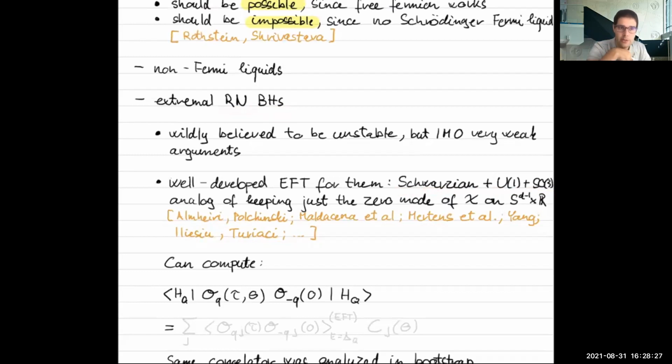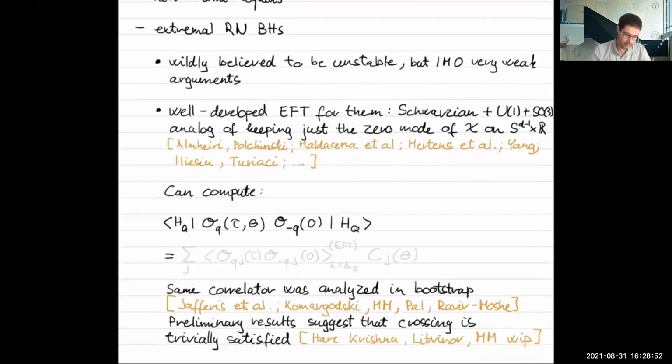So the Schwarzian is a quantum mechanical model. The superfluid EFTs that we've been thinking about are quantum field theories. So the analogy is with just keeping the zero mode of the Goldstone field in our setup. If you just keep that, that would be the analog of the Schwarzian. So what can these be used for? One thing that we can do is compute